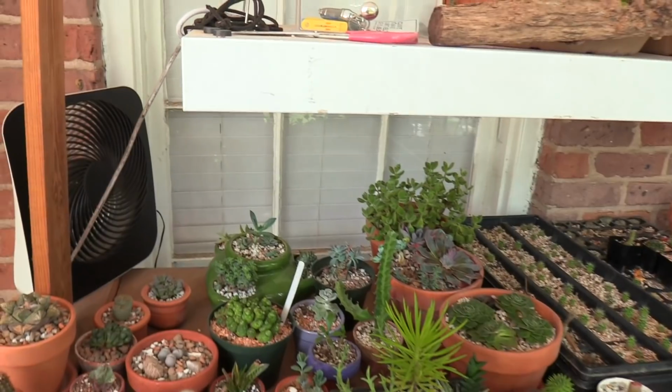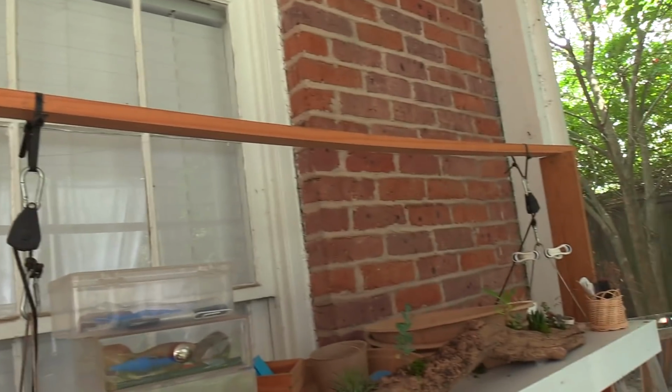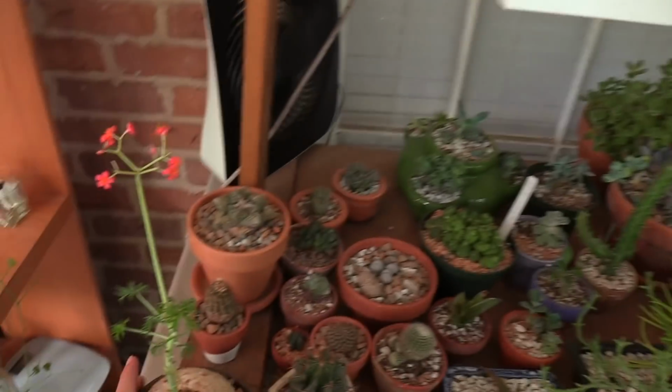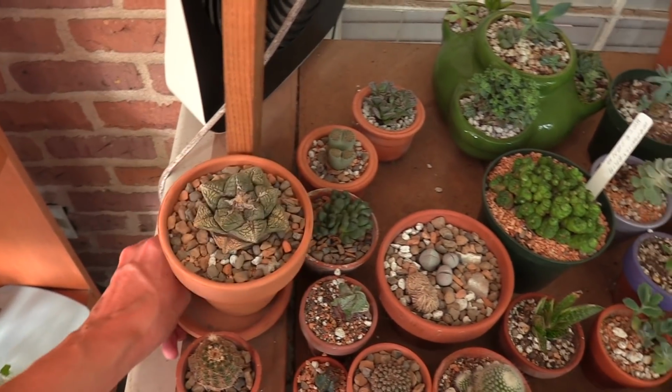Now I built this stand, but you can buy them for about $30 and up, and as you can see, the design is just very simple. There's a base, and I could have done a better job bracing it right here. Anyways,